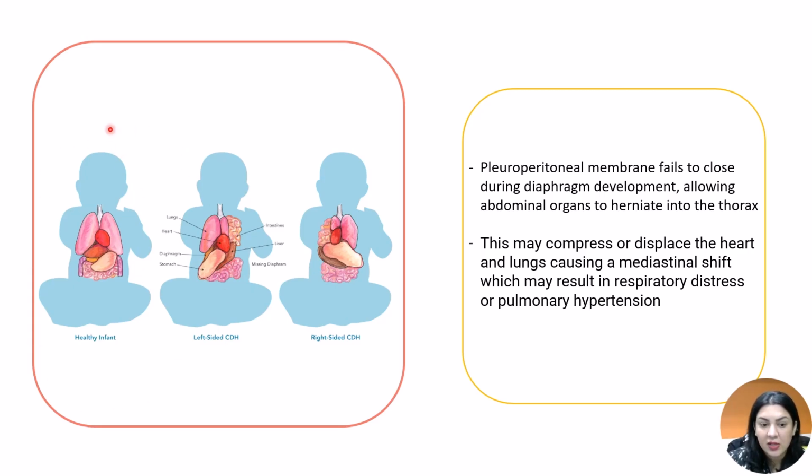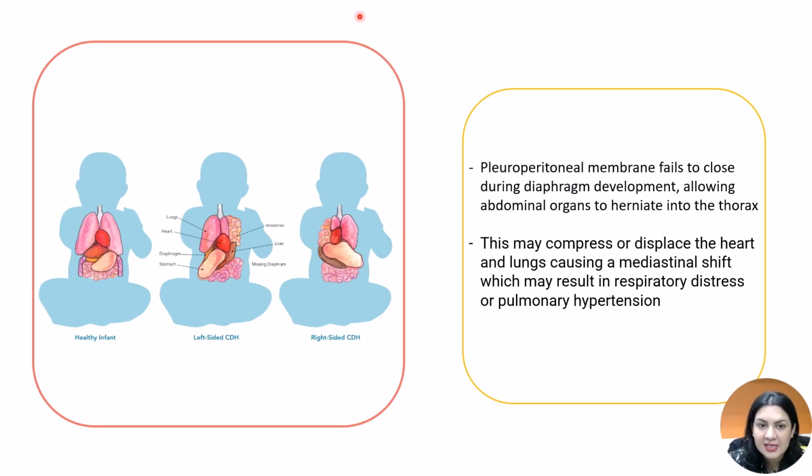So this is what it would look like in a healthy individual, where the diaphragm would sit here and it would separate the organs that sit in the thoracic cavity from the organs in the abdominal cavity. But if there is a herniation on the left side, or if there is a congenital diaphragm herniation on the